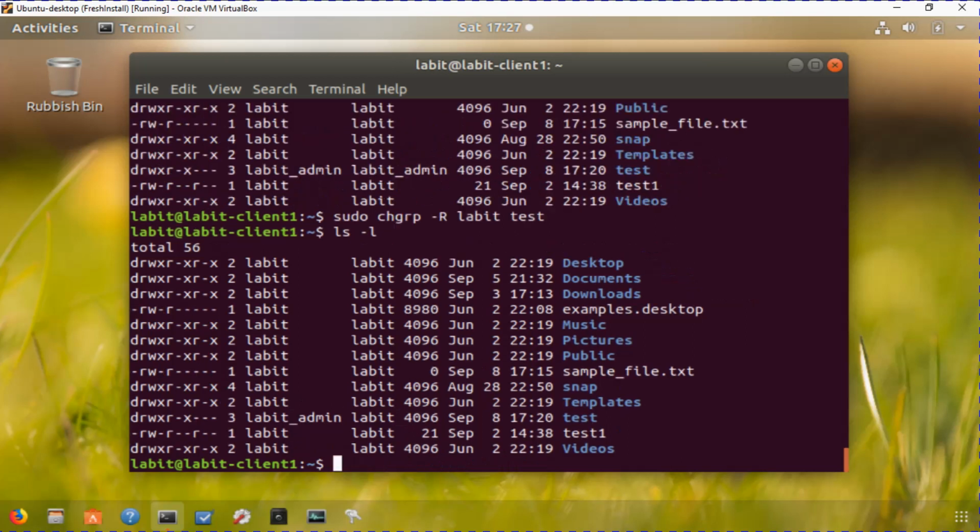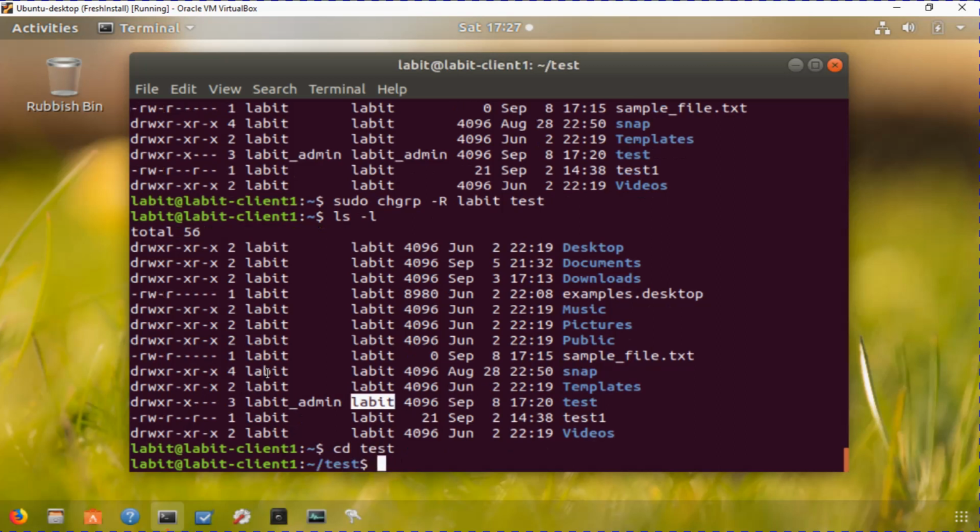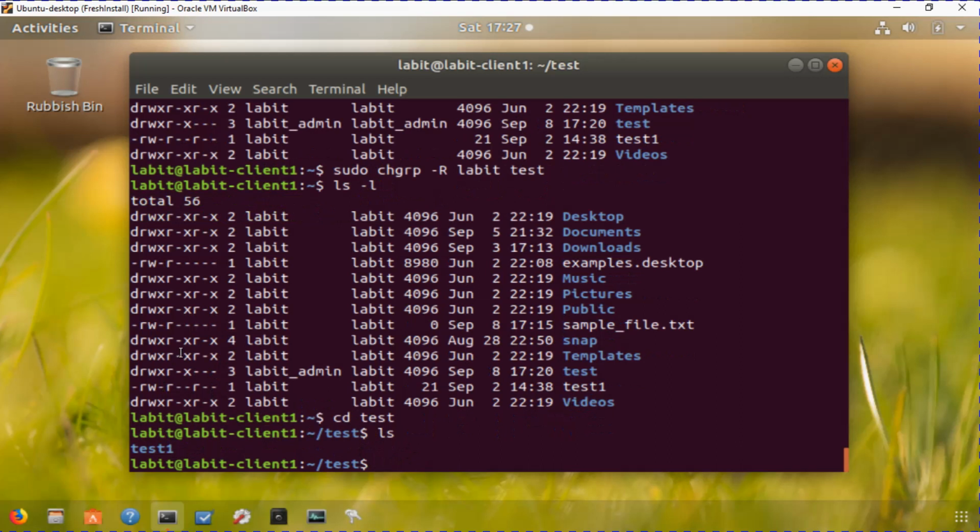Type in ls -l again, we can see that the owner is Labbit admin and the group that this file belongs to is Labbit. Let's see if we can access this file again. Yes. Why? Because Labbit is part of the group Labbit, which means these permissions r-x will apply to this user. So I can view the contents of this directory because I have x